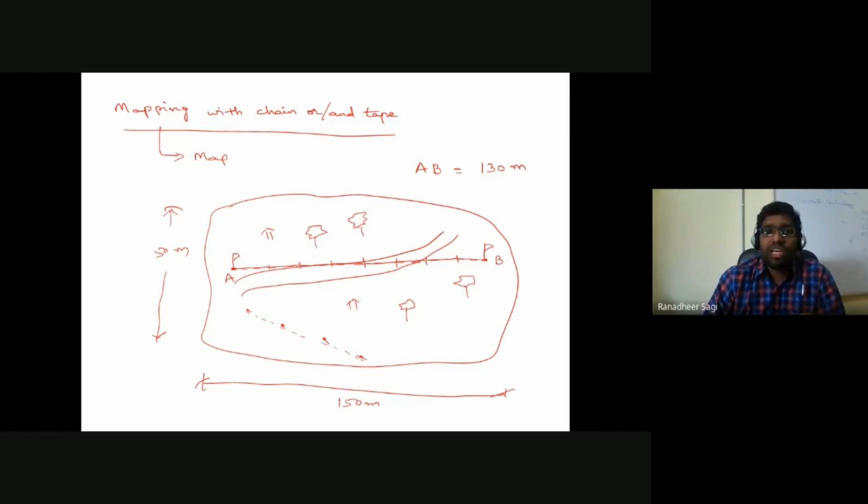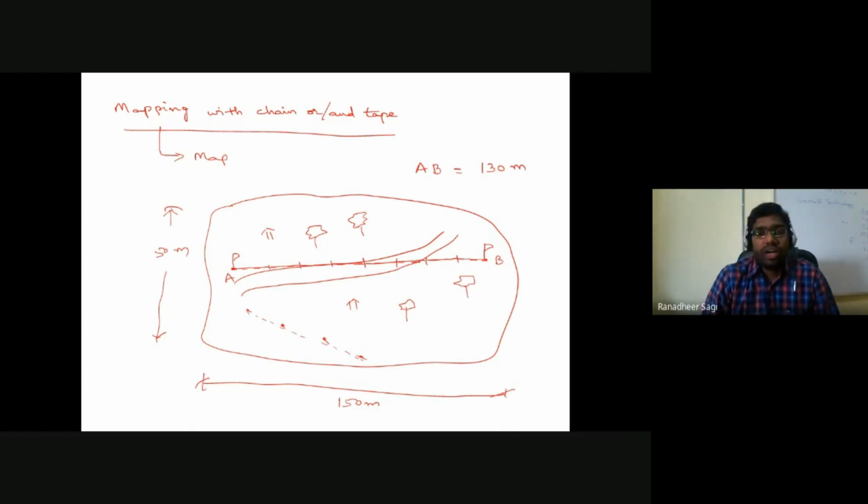So that is what we call working from whole to part. So what does working from whole to part mean? You are fixing your control station points, and in between those control station points, you are representing what is called the control line, the AB line, which we are calling your survey line or control line. So with respect to the position of control stations and the control line, we try to locate the position of various objects which you are trying to look at. It could be an electrical pole, or a tree, or a house, or a road. Whatever it is, you can mark the positions of it, and accordingly you can locate the positions of those various things.